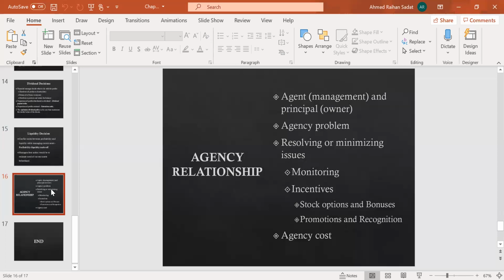So I am providing an incentive as owner to the management. Although it might not seem like an agency cost in the first place, it is an agency cost. How is it an agency cost? Because it is keeping the employees in line with the management goal, or the ultimate goal of the owner, which is wealth maximization. They are keeping it in line with that. So that's how it works.